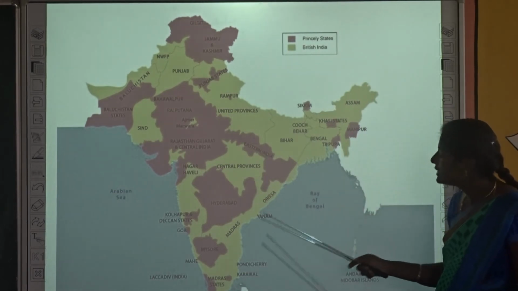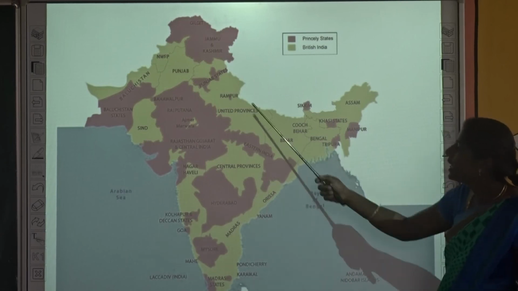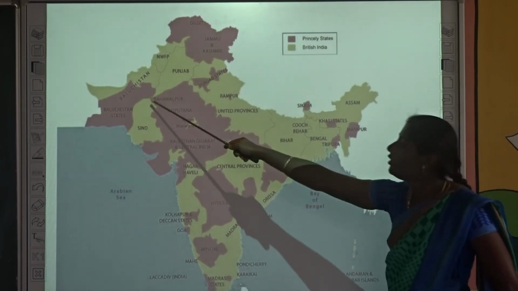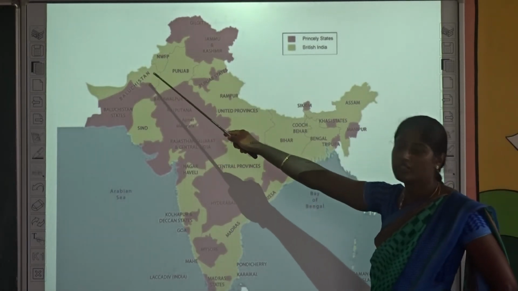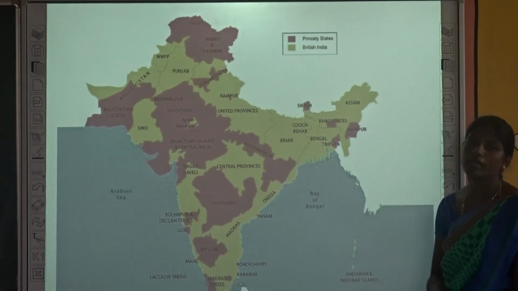So you can see Odisha, Madras, Central Provinces, Tripura, Bengal, Bihar, United Provinces, meaning Uttar Pradesh, Punjab. So Balochistan, half of Balochistan, Sindh. So these are some of the places which were ruled by the